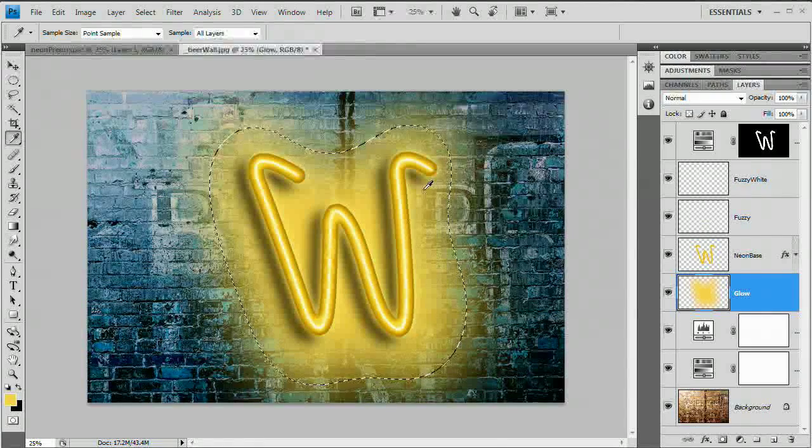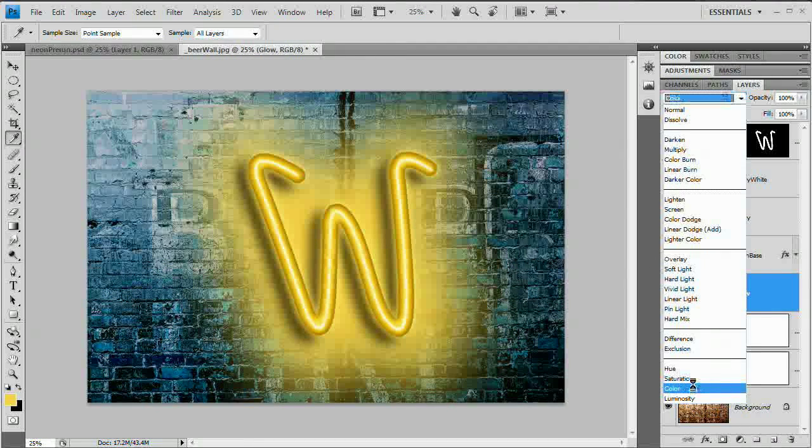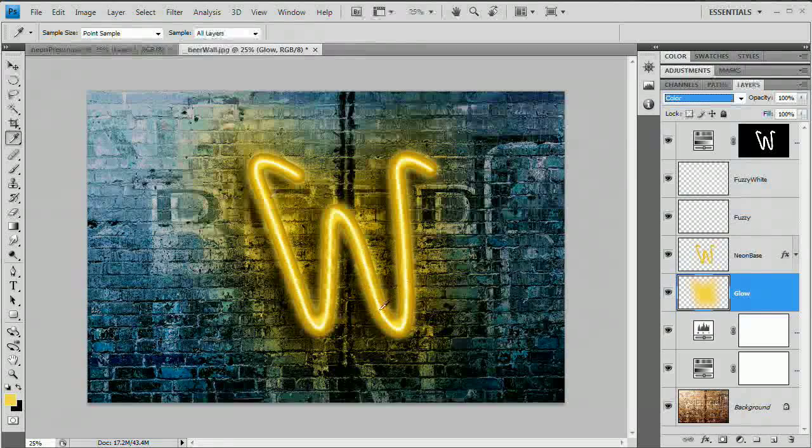Doesn't really look that realistic, so we need to go ahead and make a couple changes. I'm going to hit Command or Control D first to deselect. And I want to set the blend mode of this layer to color. So I'm going to go up and set it to color. You can see we're starting to get more of a realistic effect around this neon, but still not quite as